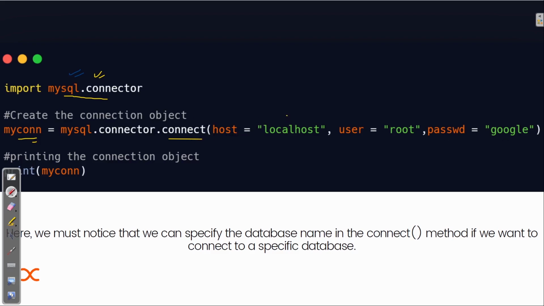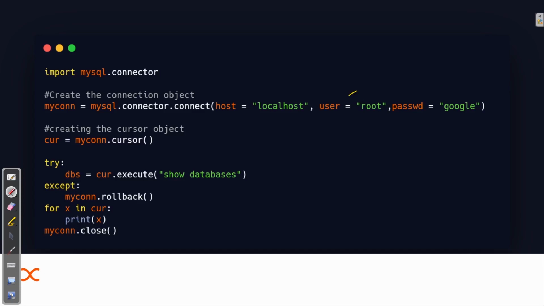You can say host is equal to localhost if you are creating your database on your PC. If you are using any cloud, or an AWS server, for storing the data, then your host name will be different; you have to use the AWS host name. And user equal to root: root is the username or account that by default has access to all the commands and files on your operating system.